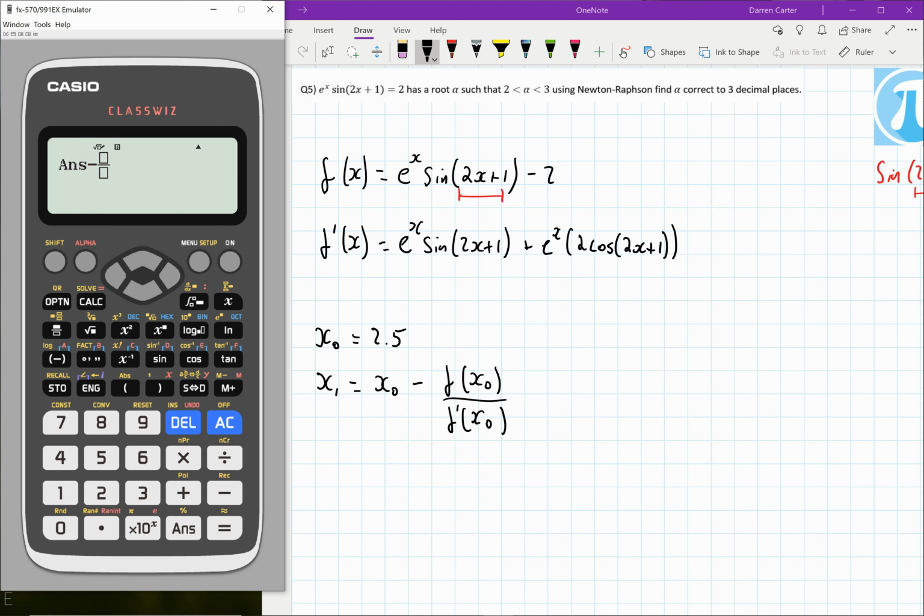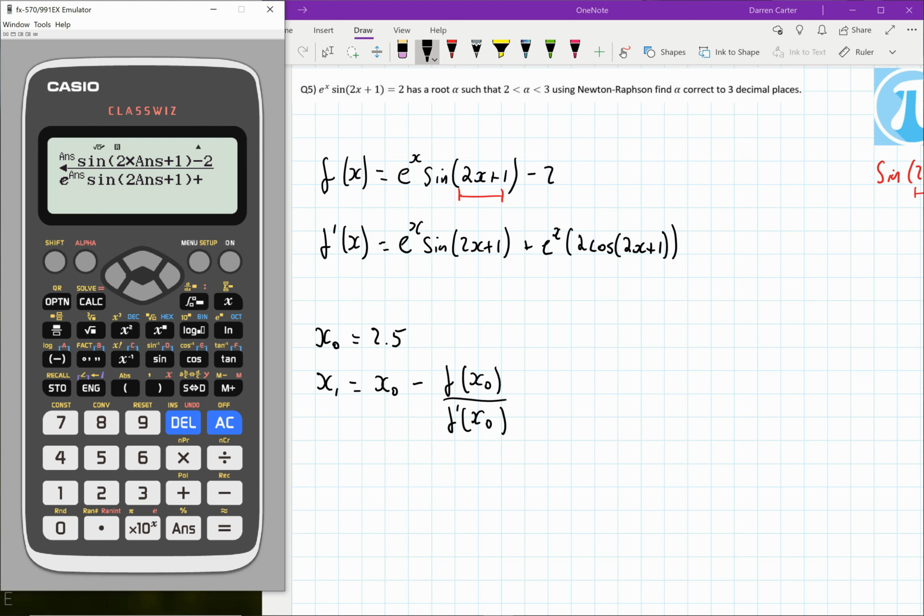So f is e to your previous answer multiplied by sine 2 times your previous answer plus 1, all minus 2, and my f dash is e to my previous answer multiplied by sine 2 of my previous answers plus 1